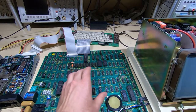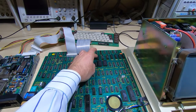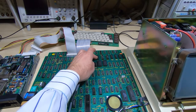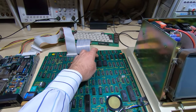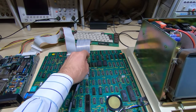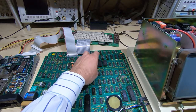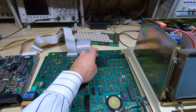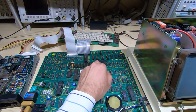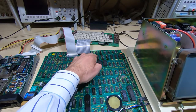So I spent a while tracing this around and found out that the TTL levels, the signal levels coming out of the 244 multiplexer chip, it's not a multiplexer, but it's used to multiplex the data bus between the different blocks of RAM, were very low, which is why it was getting hot. They were being pulled down by something, and it turned out they were being pulled down by the two RAM chips. Even though the RAM chips were working, they were putting a big load on the